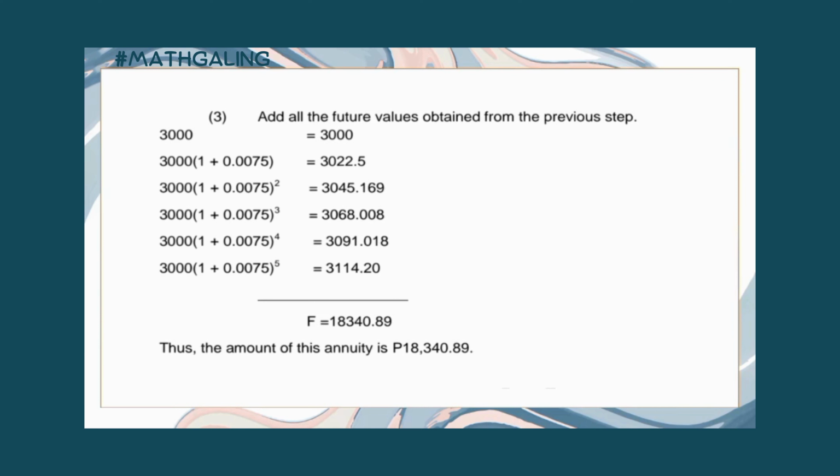So for step 3, let's add all the future values obtained from the previous steps. So 3,000 is equal to 3,000, that is for the 6th month. Next, for the 5th month, 3,000 times (1 plus 0.0075) raised to 1, that is 3,022.5. Next, for the 4th month, 3,000 times (1 plus 0.0075) raised to 2, that is equal to